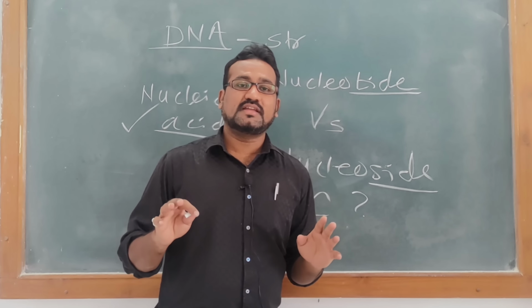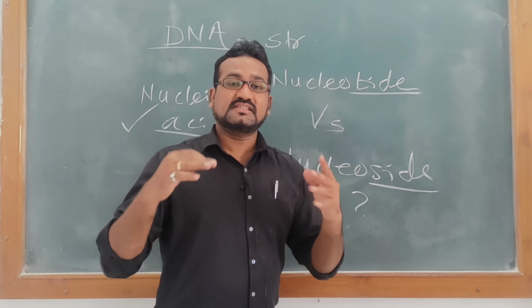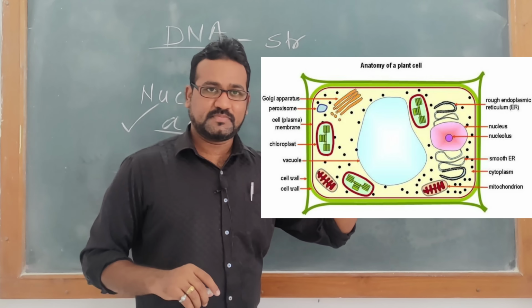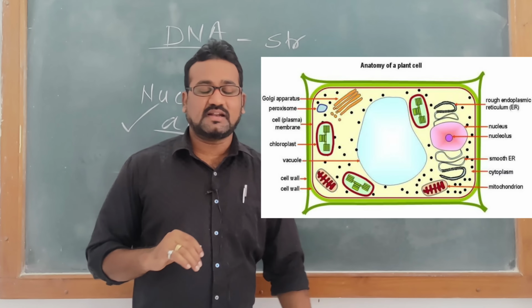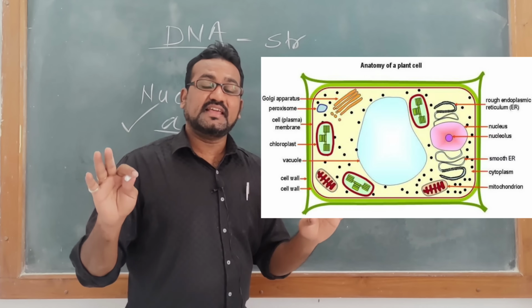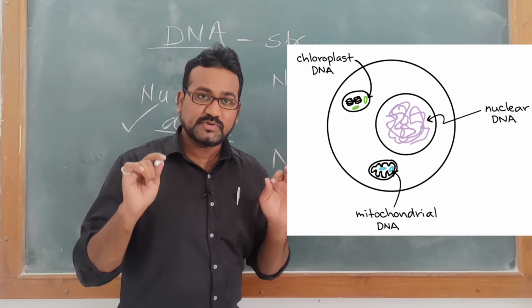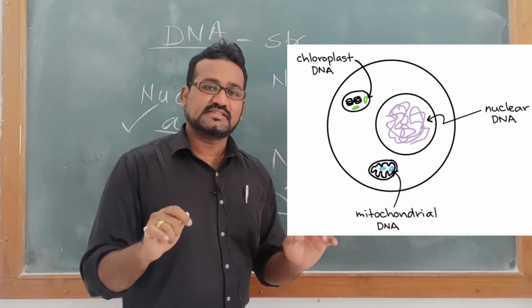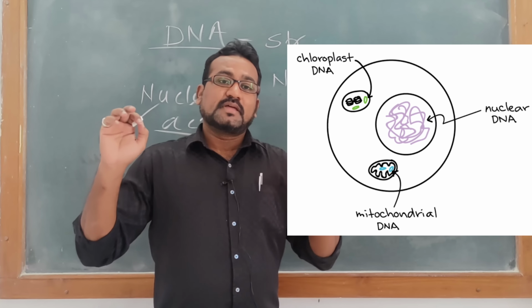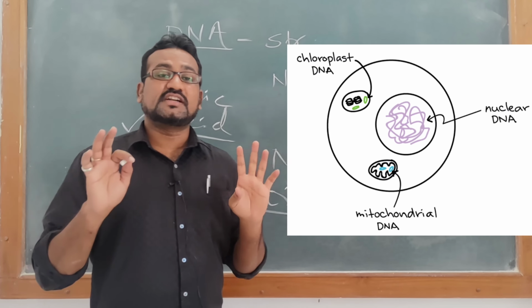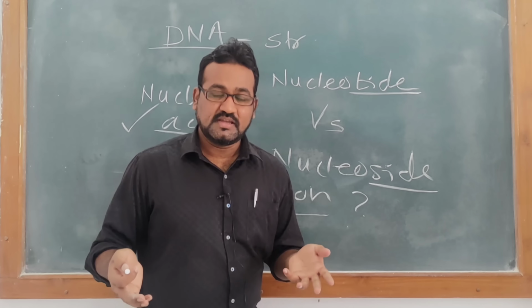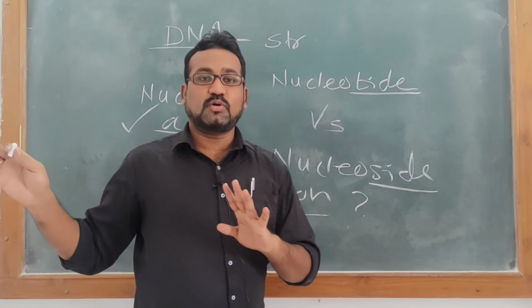If you want to study the DNA, at which area in a cell will you go to search for the DNA? In a typical cell, in a photograph, you can see various organelles present. Out of them, if this is a plant cell, the DNA is present in the nucleus as well as in the chloroplast as well as in mitochondria. So DNA is located in three different locations. At any location you can take that DNA for study purposes. In the case of an animal cell, we don't have chloroplast. The DNA is present in the nucleus and mitochondria.